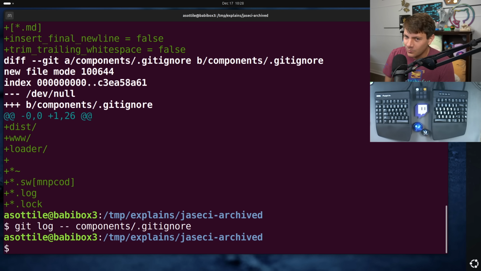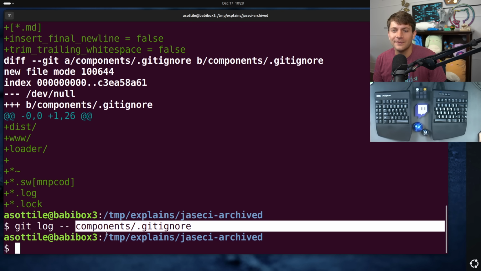And this is one quirk of multiple roots, in that I think the way Git works is it doesn't actually traverse out each of those other root paths to track this file. And so it's actually really hard to figure out the history of this file.